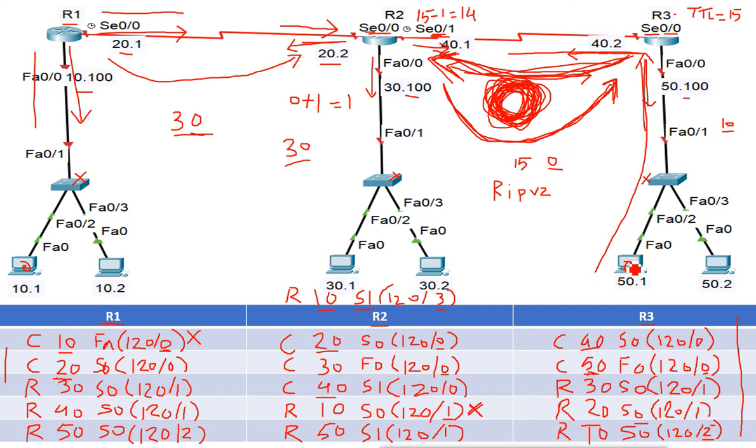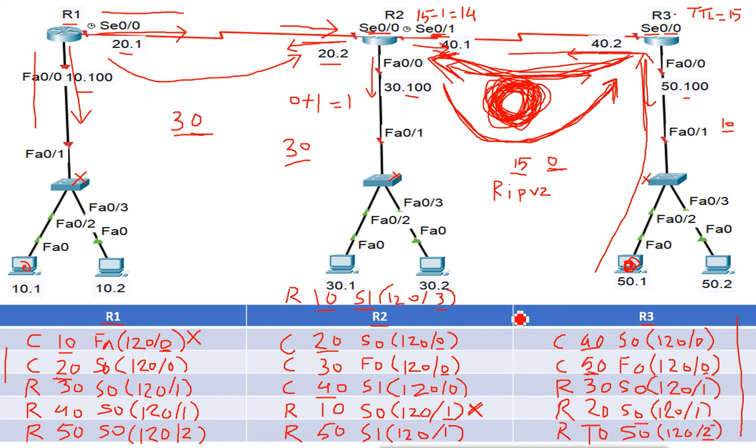The source machine which is sending the data will get the error. It says time to live expired. Now why? Because it is looping only between these two routers. It is not reaching the destination. It is only looping in these two routers. So it will not loop for an infinite time. It will only go 15 times, and after 15 times, no matter what the loop, it will drop the packet.